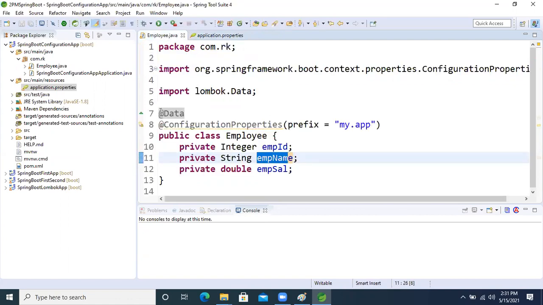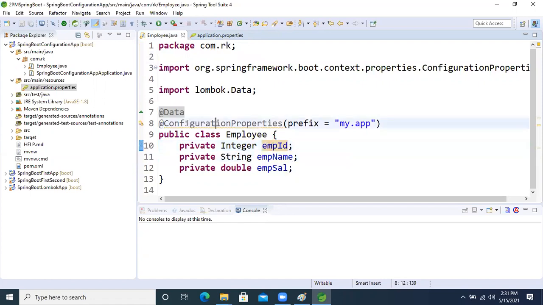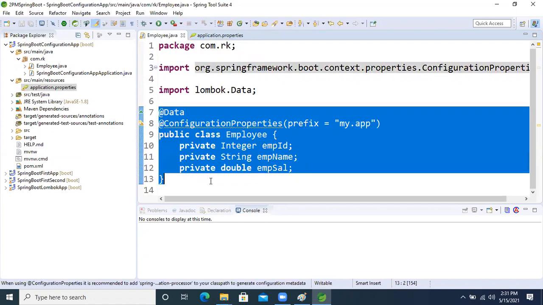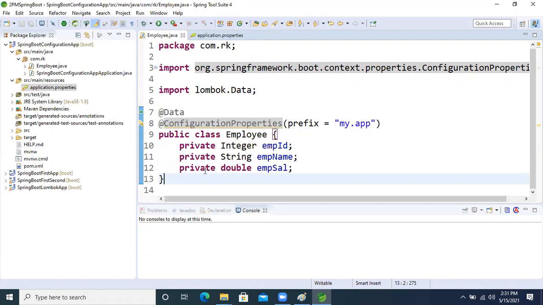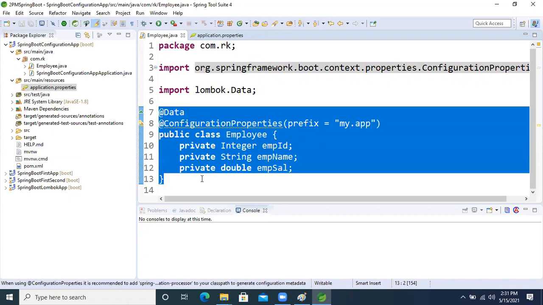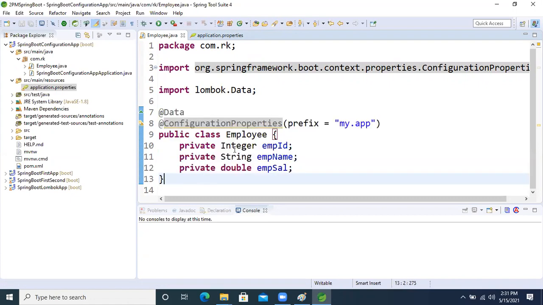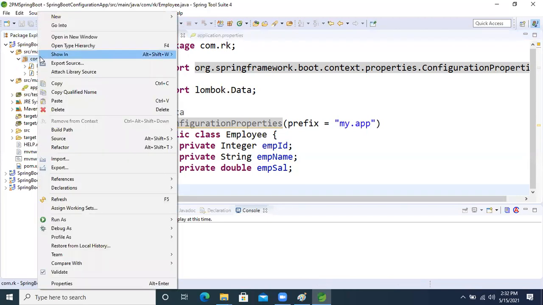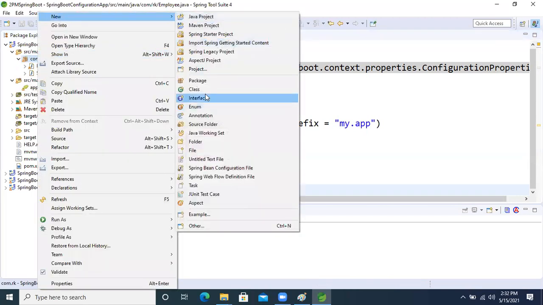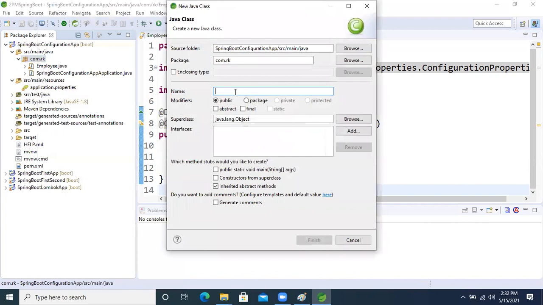let's run this application. Let's run this class and we will see. Okay, in the last session we saw the runner class also, which executes our application one time and gives the result on the console only one time. So what we will do now, guys? Take one more class.